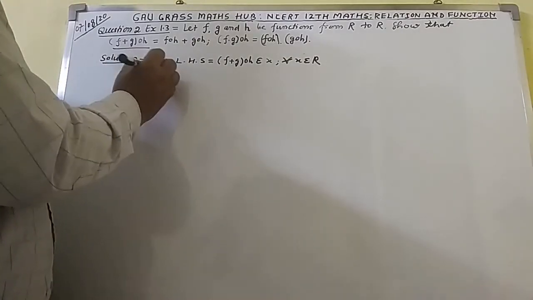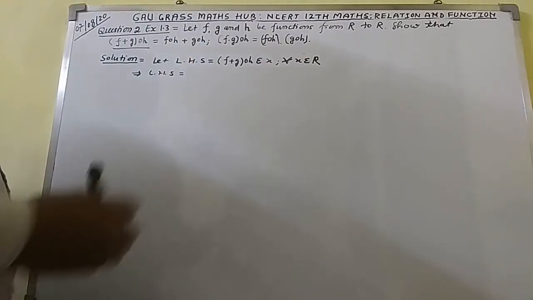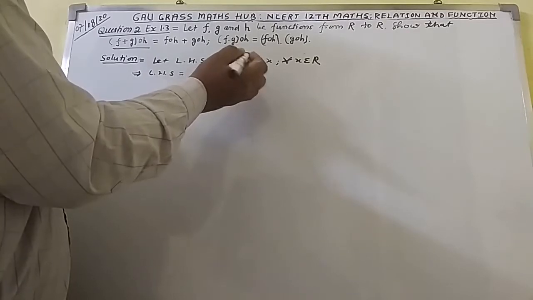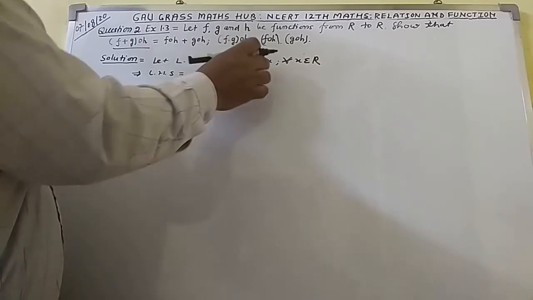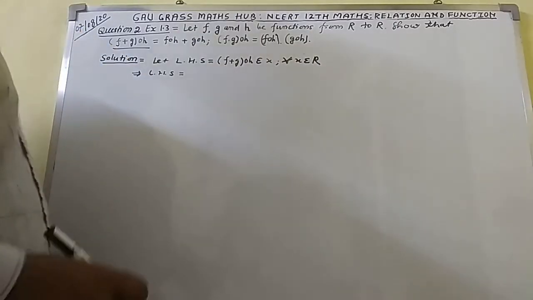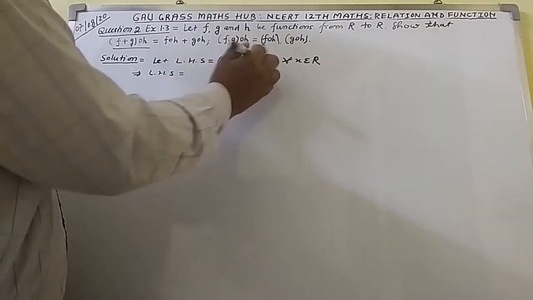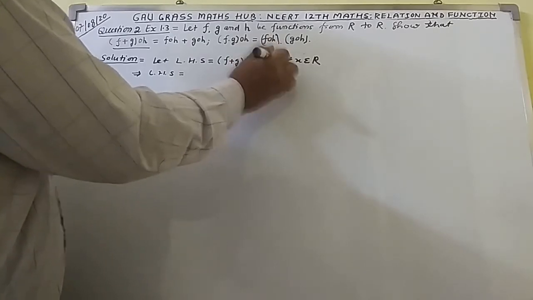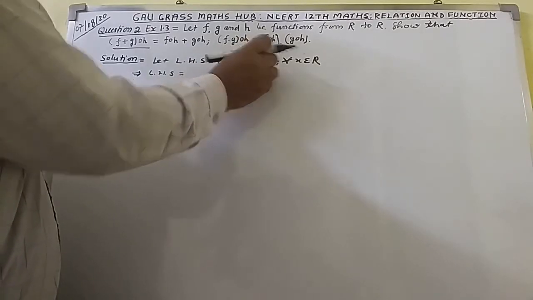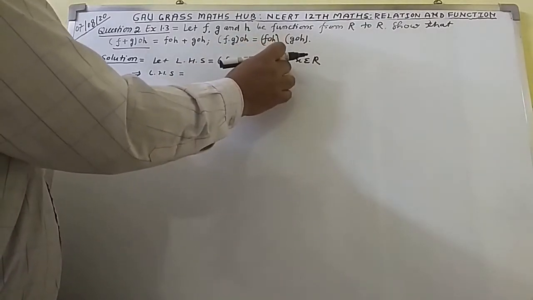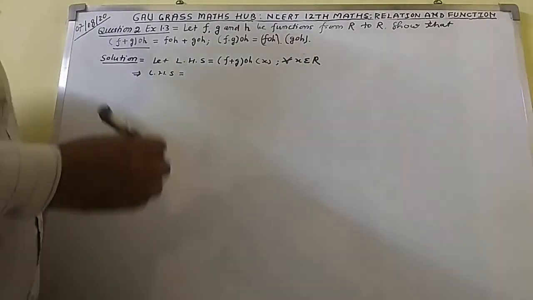Here again it implies that LHS equal to, here you can see this is the thing given in the left hand side, where x belongs to capital R. So here you can write (f + g) ∘ h (x); for all x belong to capital R. These are the things I have written correctly. What to do next?